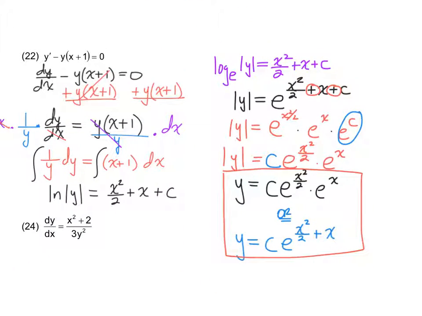All right. Now, if you needed to figure out what the c value was, you'd have to be given an initial condition. They'd have to tell you a coordinate or something like that, where you plug in for x and y and solve for c. That's stuff that you see on page 11, but you need to obviously work up to that. So we'd solve